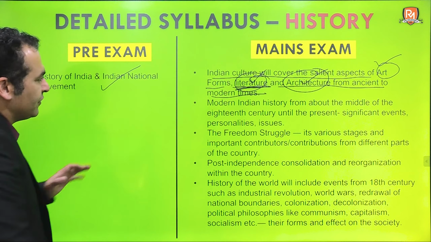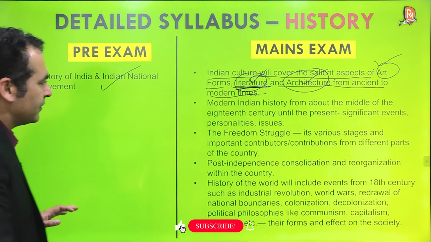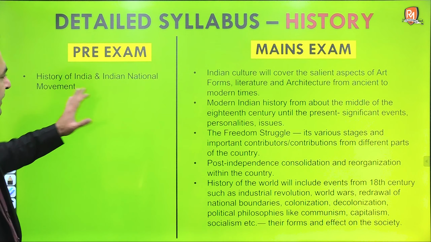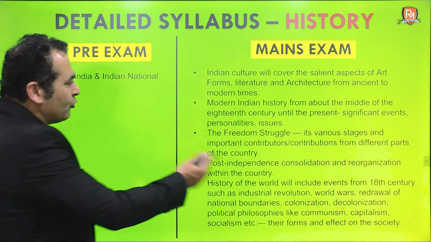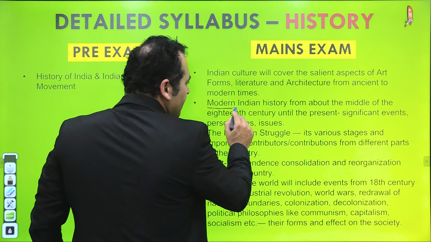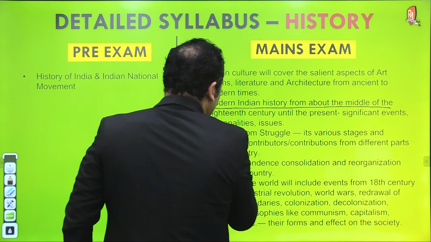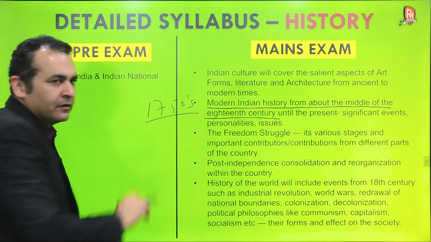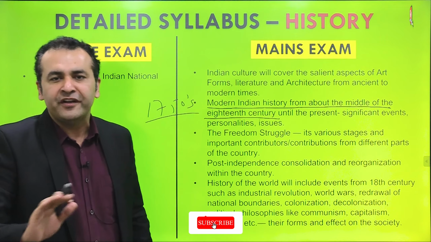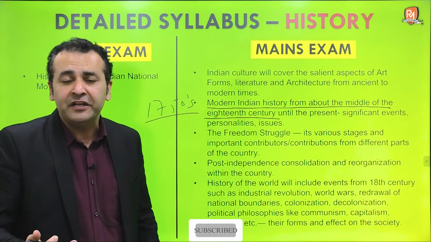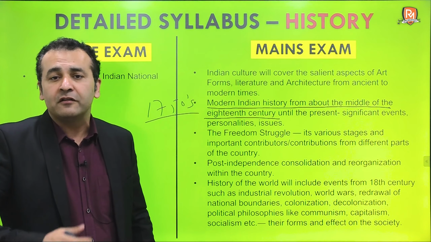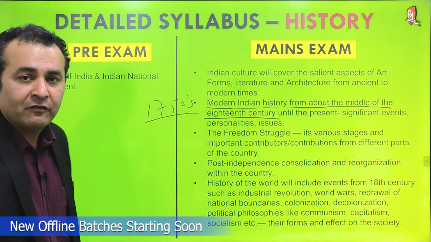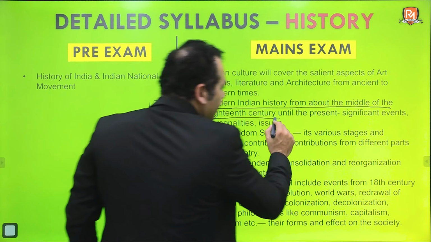Look at this now. This is the art and culture part. Then we talk about modern India. Here they have written Indian national movement, that is it. But when I come to the mains syllabus, modern Indian history from about the middle of the 18th century, 1750 onwards, is the time when the British East India Company is becoming politically active in India: battles of Plassey, Buxar, Anglo-Mysore wars, Anglo-Maratha wars. This is the time until the present,